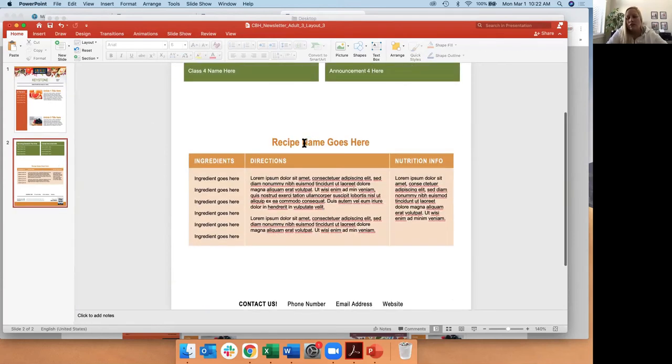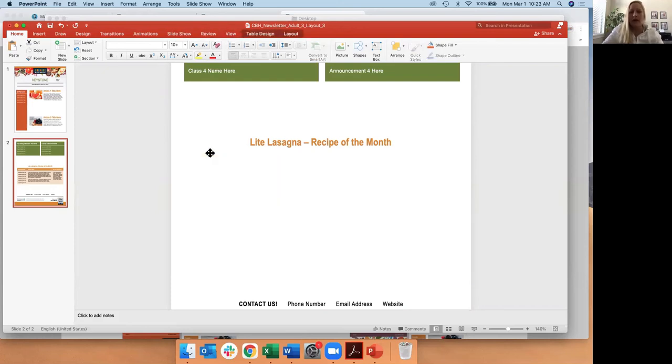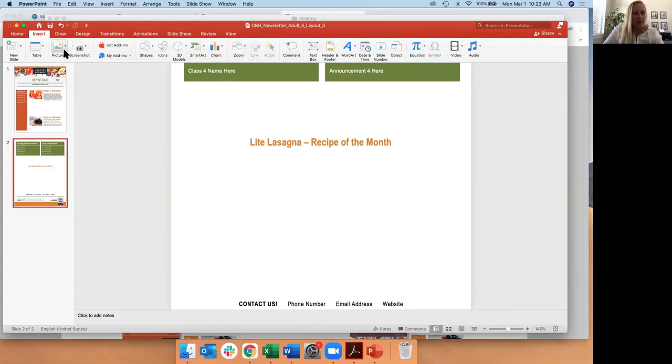And then what you have a choice here, if you want to do a recipe, or maybe you want to do a physical fitness tip, maybe like this month's. Well, I'd give it a name. We'll do lasagna, that's the one I pulled up. Light lasagna, recipe of the month. You have the option of literally typing in the details here, or what I have, you all have access to all of our recipes. And so you might say, I'm going to just use one of the recipes that we have already made. So you can pull up a